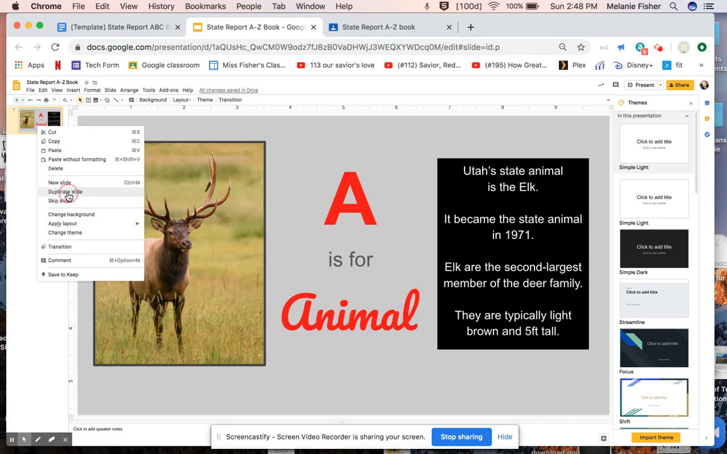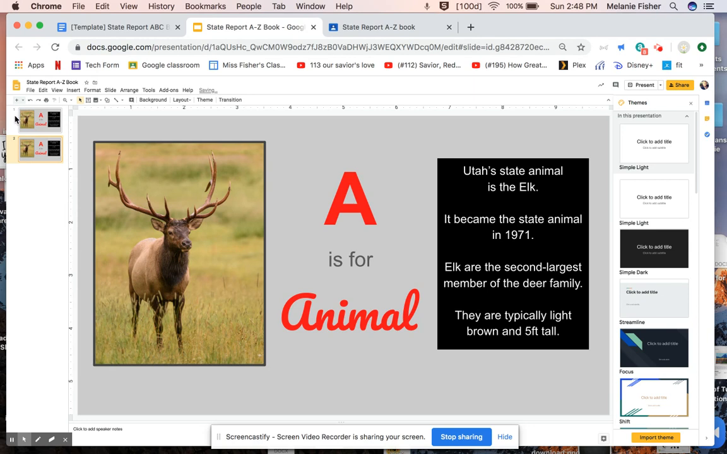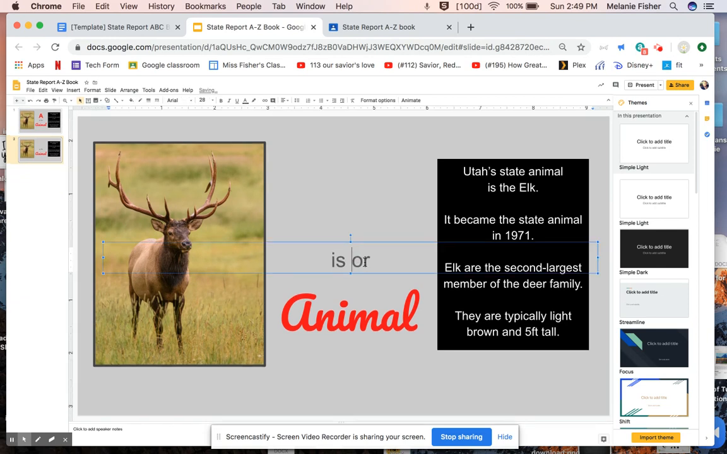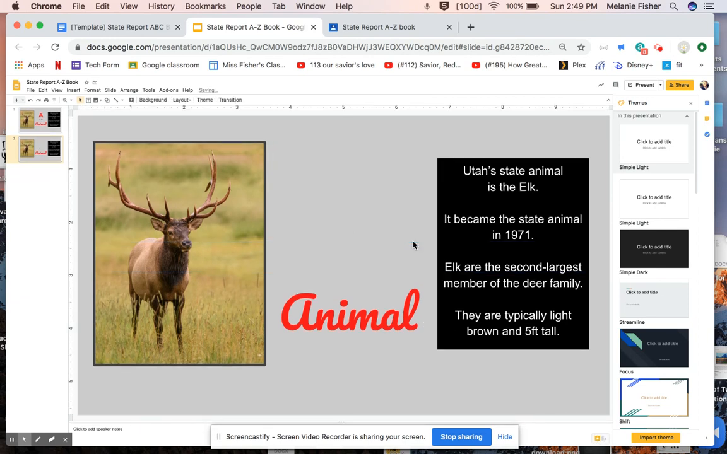When I duplicate the slide, it's going to give me a whole other one. So here's the first one, here's the second one, and now look, they look the exact same. Okay, so this is the letter A, but now I'm going to show you what if I wanted my letter B page to look a lot different. So a couple things I can do is maybe I want to get rid of all of this and I don't want it to look like that. I'm just going to show you